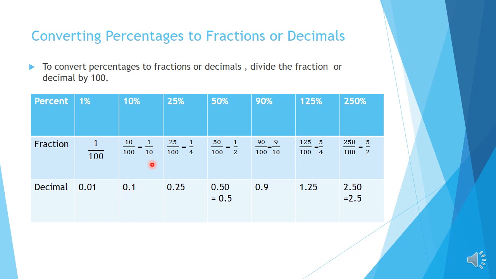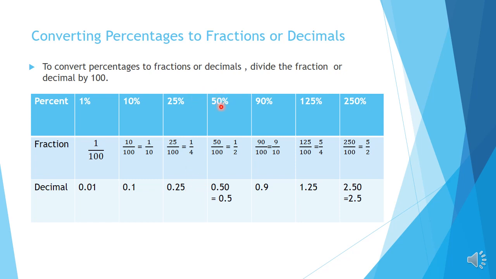Okay, children. And 25%, when you divide by 100, we write as 25 by 100. And what is the simplified form? 25 in 100 goes 4 times, so we can write as 1 by 4. And what is the decimal form? 25 by 100, we can write as 0.25. We need 2 decimal places, so from the units place count 1, 2, we are writing the number 25. Here units place and tens place, we have to make decimal places. So the answer is 0.25.